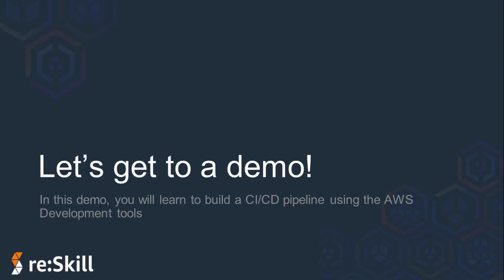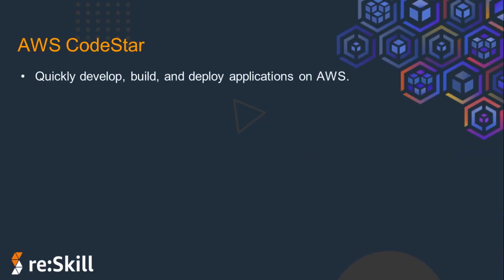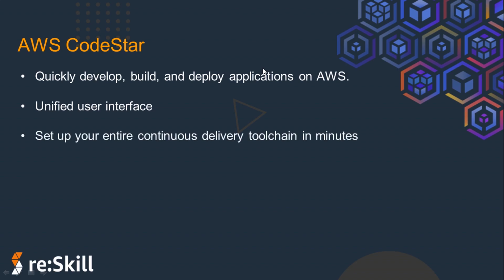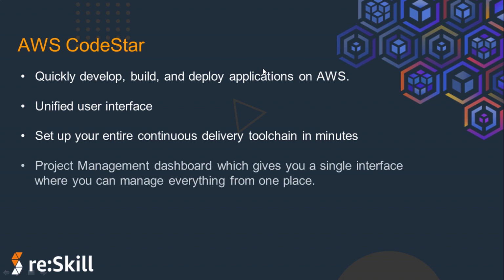Now let's get back to our next service, that is AWS CodeStar. So it's a service that is offered by Amazon that facilitates the creation, management and working with software development projects on AWS. Users will gain the ability to quickly develop, build and deploy the applications on AWS with the CodeStar project. It provides a unified user interface which enables you to easily manage your software development activities at one place itself. And CodeStar can be used to set up application development in the cloud.